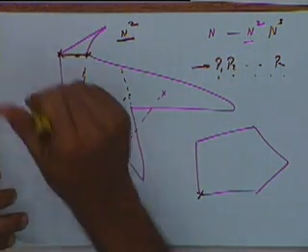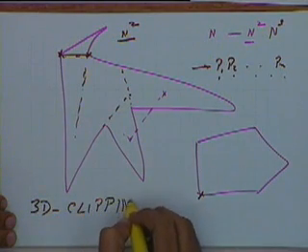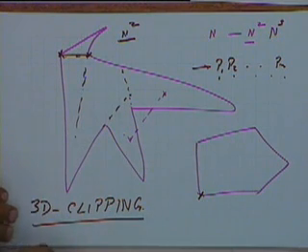Another thing related to clipping, which we'll come back to later on, is what is referred to as 3D clipping, or three-dimensional clipping. That means if you have three-dimensional lines or entities and we want to clip them with respect to a clipping volume, not an area, how do we do that? What are the situations in which this comes up and how is it tackled? We'll come back to it later when we talk of 3D graphics. But any question that you have on 2D clipping, either polygonal clipping or clipping of line segments or curves, we can take it up right now.